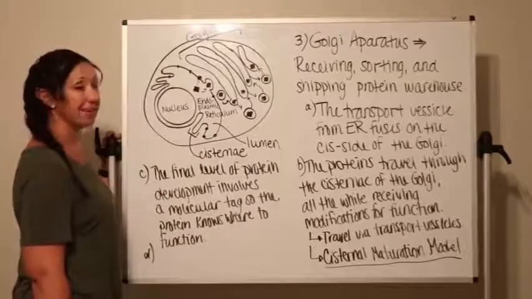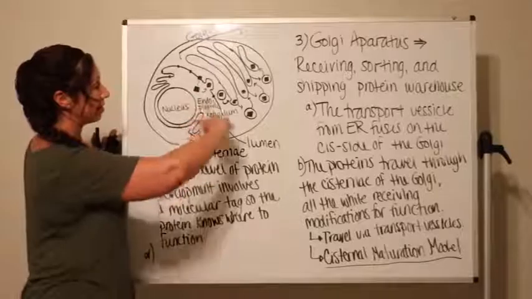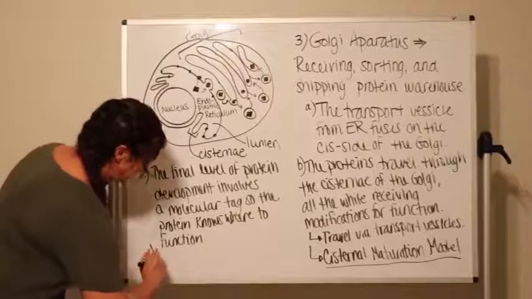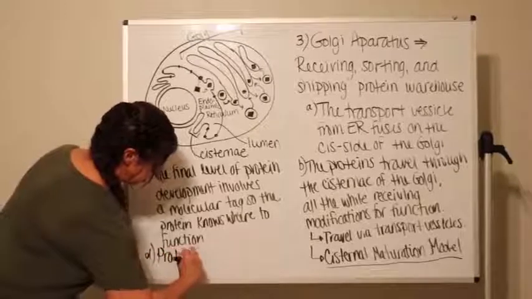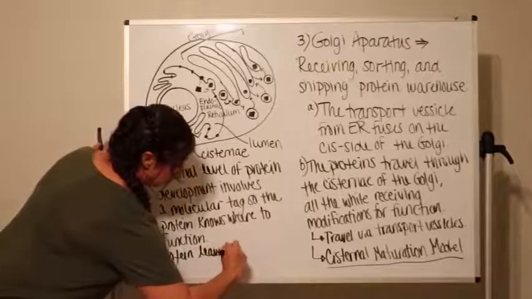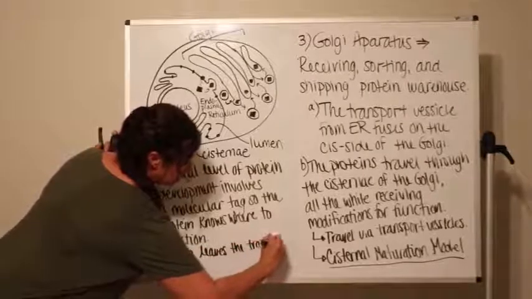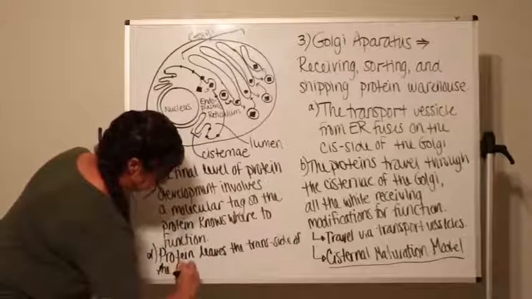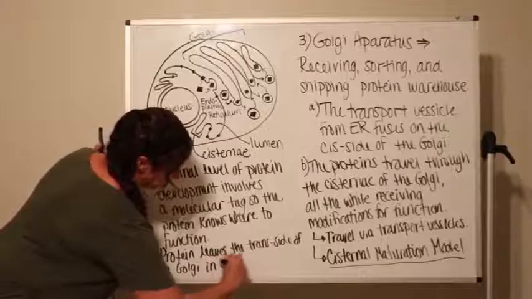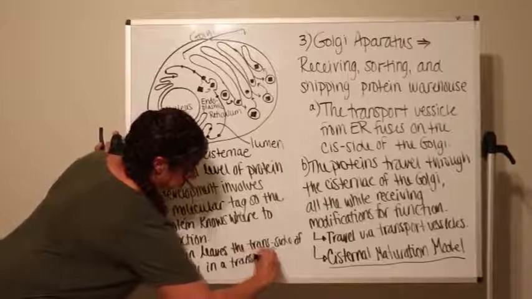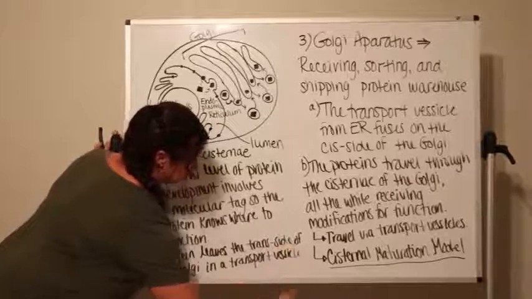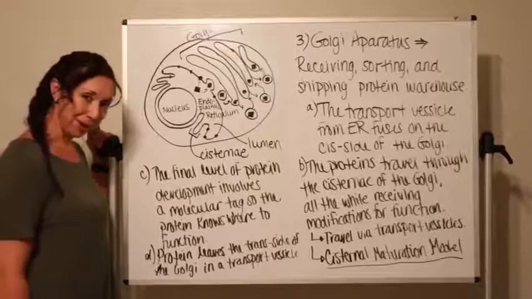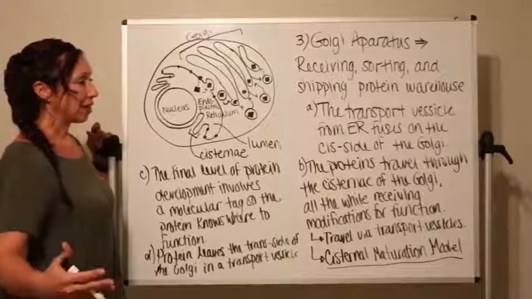And then the very last thing is that the protein leaves the trans side of the Golgi apparatus in a transport vesicle. So protein leaves Golgi in a transport vesicle. Okay? That is it for the Golgi apparatus. So now you've seen how the path of a protein